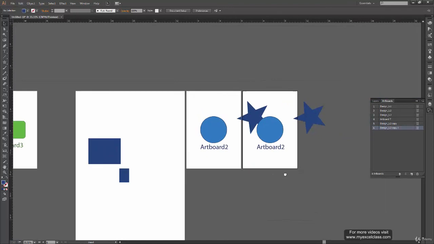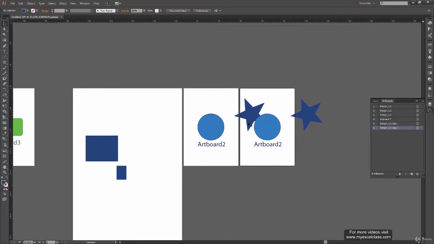So there we go. You have your new artboard. Even if there is a single bit of a shape on the artboard, it will duplicate your shape along with the artboard. Now we have run into a very interesting thing. Now we have a shape divided across two artboards. So what if I duplicate it right now?